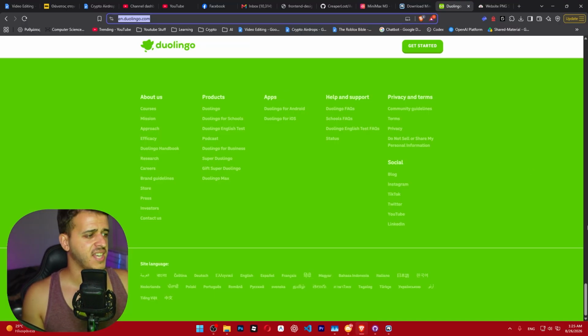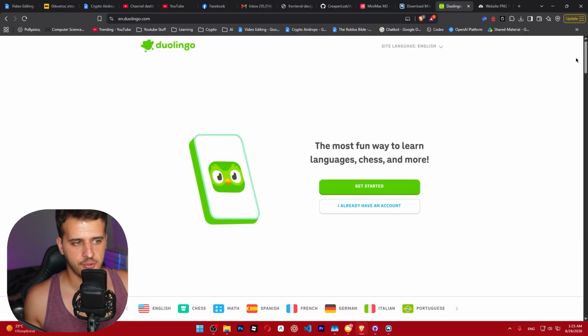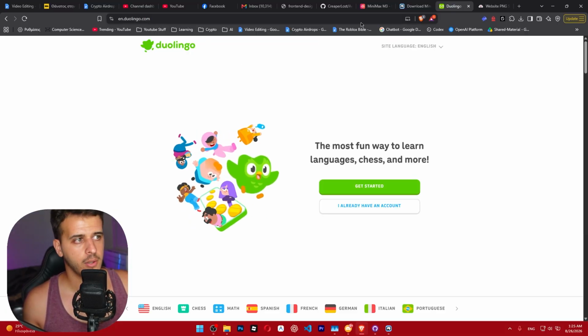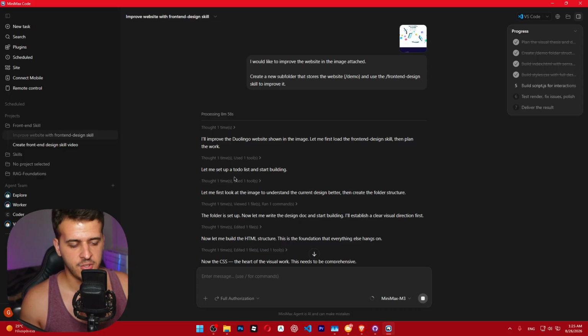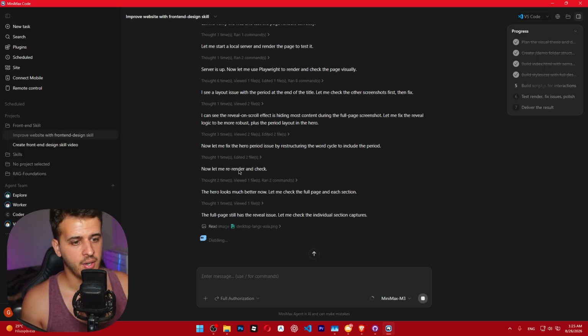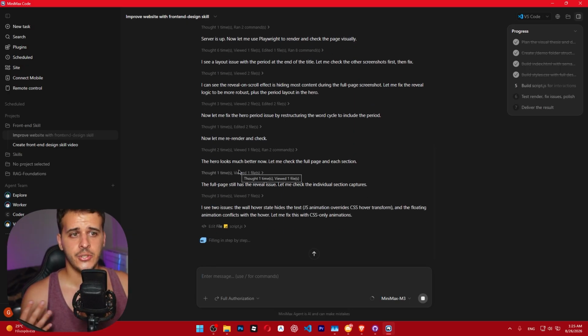Now, a few people will ask, how did I screenshot Duolingo without scrolling? So I took the Duolingo URL, went into any website PNG screenshot website, and I got the PNG with a full page. AI is very capable of reading pages. So as we can see over here, it begins building everything. It begins by reading the website, saying what Duolingo does, and then it's going to use our skill to recreate